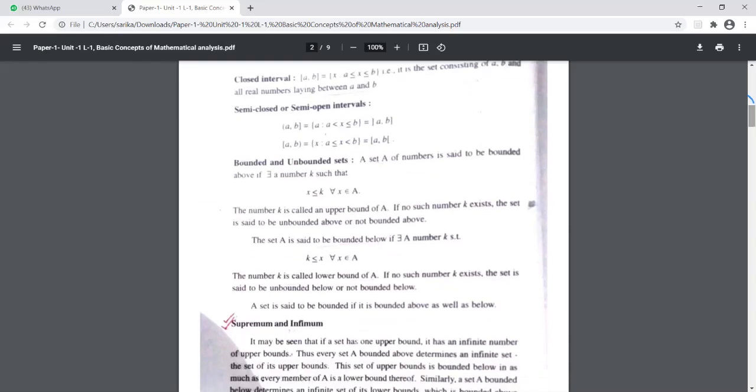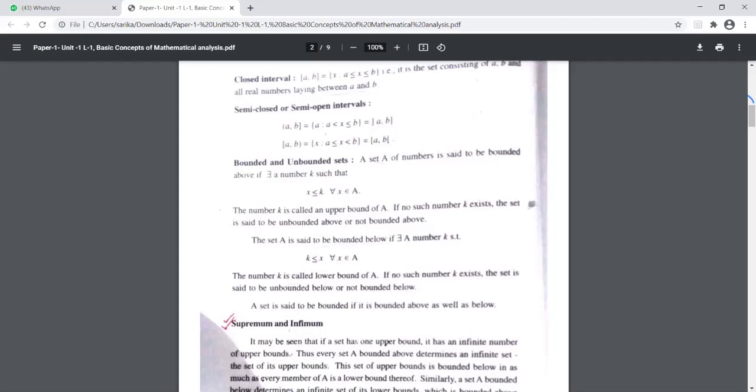Semi-closed or semi-open intervals mean one side is open and one side is closed. How will we know that it is open? It's this side, because a small bracket is here, and on this side a big bracket is there. That means it is open from the left and closed at b. So the elements can be written as a less than x less than or equal to b. Equal to is coming here because it contains b, it is closed at b, right? Similarly, if it is closed at a and open at b, it will be a less than or equal to x less than b, where it includes a but not b.